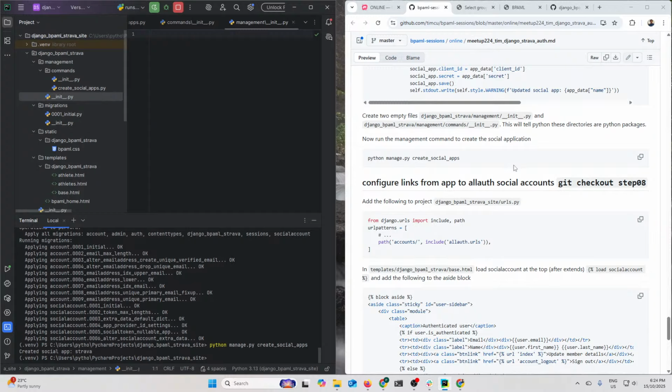Now there's quite a lot that we've got to do here before we can even test it, which is a shame, because it's nice to be able to test things as you go along to make sure everything's working properly. But now we have to configure the links from the app to allauth social accounts. So if we look in Strava site